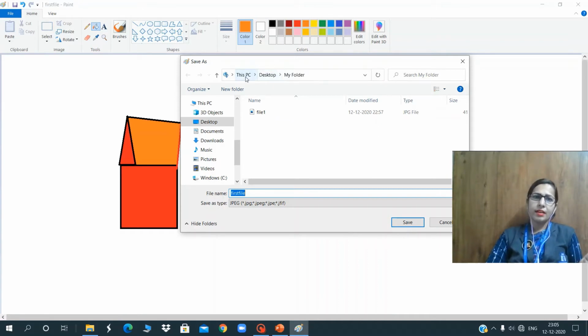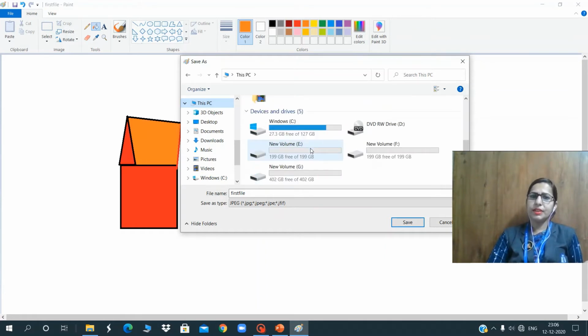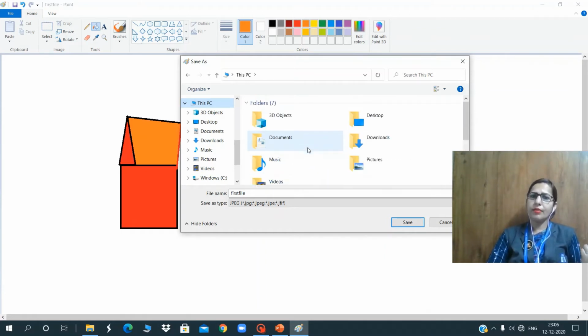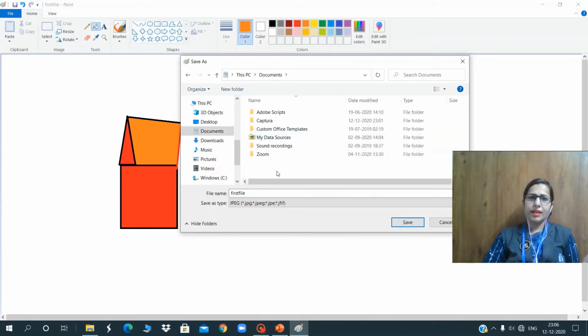See, in this PC, and if you have created any folder where you want to keep it, choose that folder. If you have not created any folder, you just save it on this PC in Documents and click on the Save button.